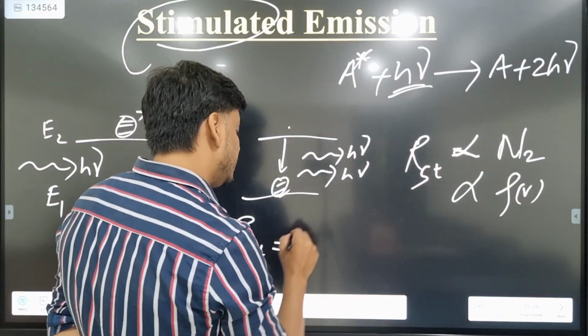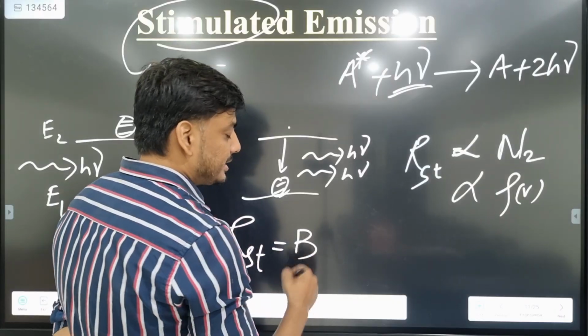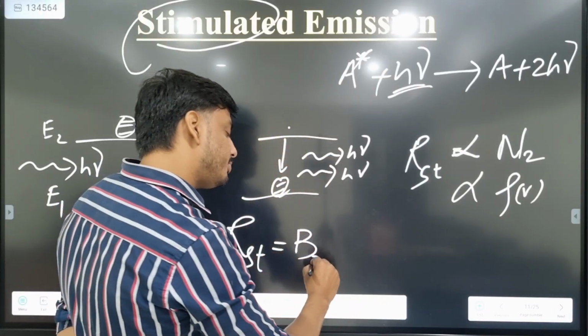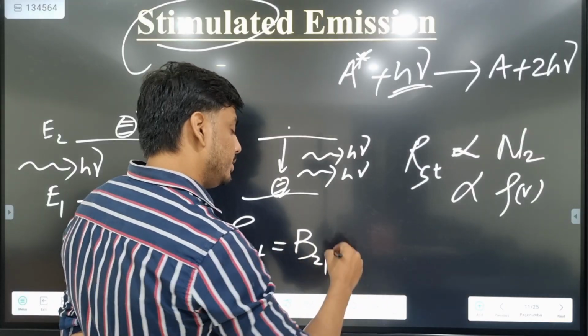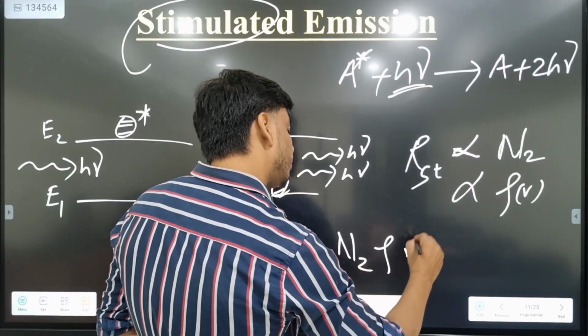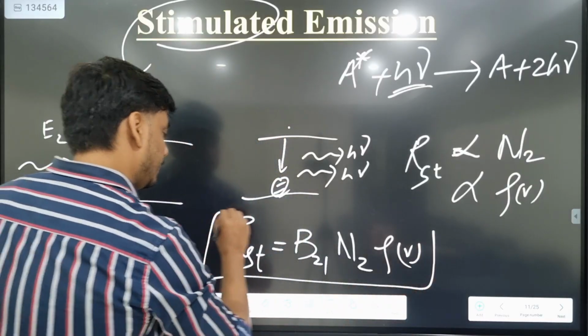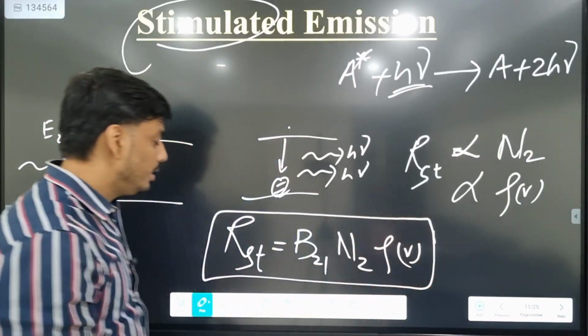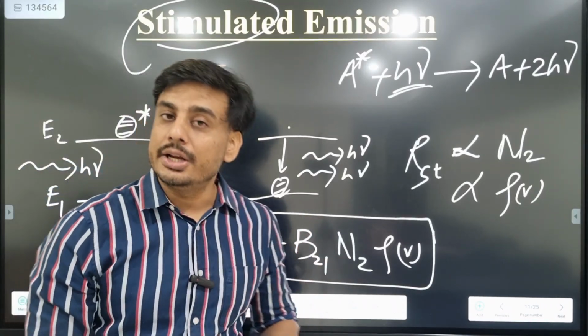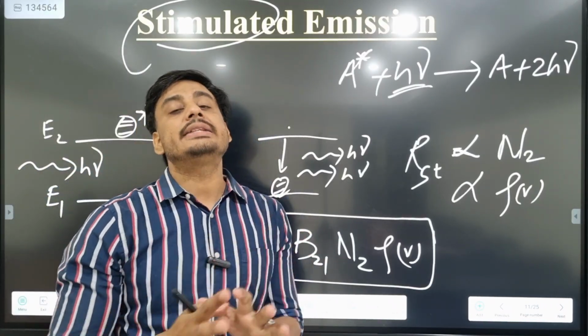It is proportional, some constant will be there, and stimulated emission means the particles are moving from higher to lower, that is from energy state 2 to energy state 1. So you can write N2 rho nu. This is the expression for the rate of stimulated emission,